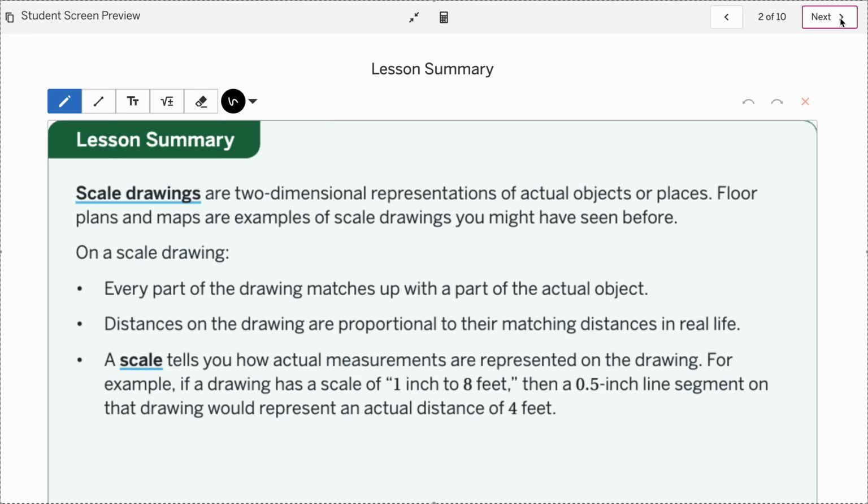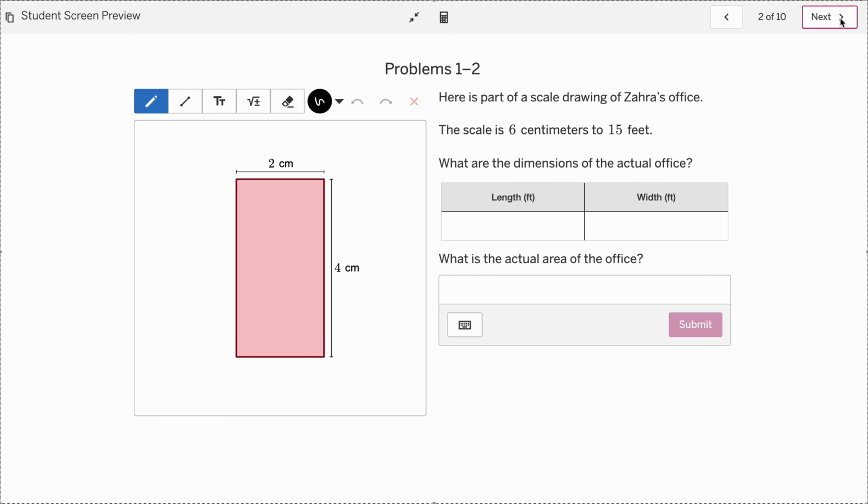Okay, so here is a part of a scale drawing of Zara's office. The scale is 6 centimeters to 15 feet. So what are the dimensions of the actual office? Well, if we know that 6 centimeters are 15 feet, how do we figure out what 2 centimeters are? Well, I know that to find the scale between these two, I have to find my unit, essentially. So I know that if I have 6 centimeters to 15 feet,